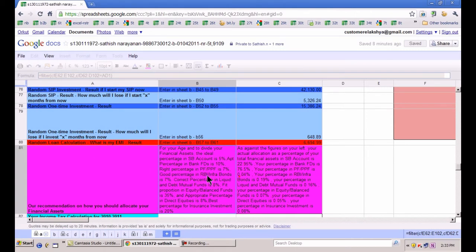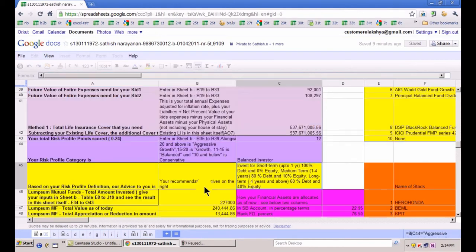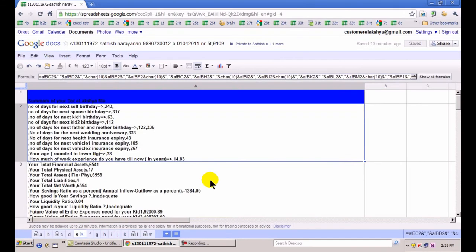You can see me in sheet A in so and so row. It tells you that this is the ideal percentage of your holdings in various products, say like a bank FD, say like a PF, and as against the figure which is the ideal percentage, you are having so and so. So it shows your current situation vis-a-vis the ideal situation, and then it proceeds to use all the data that you have given to give a recommendation. What you need to invest for the short term, how much, what in medium term, what in long term, whatever. So it is your friend, philosopher, guide and recommender all rolled into one.